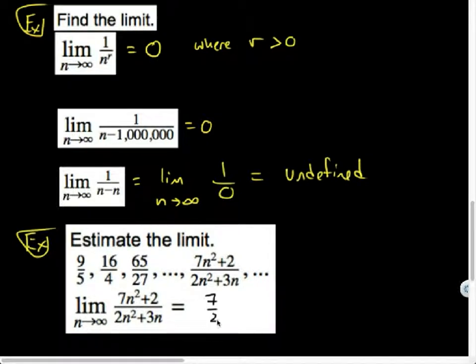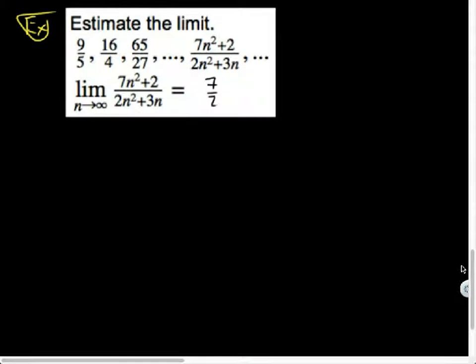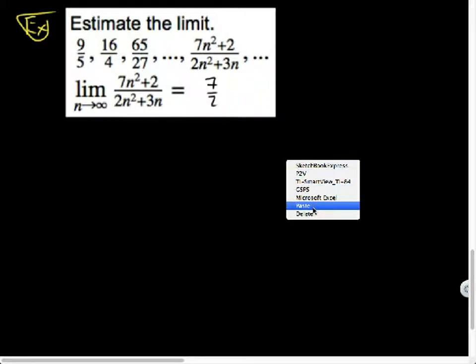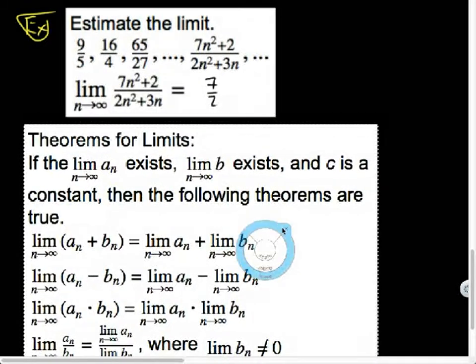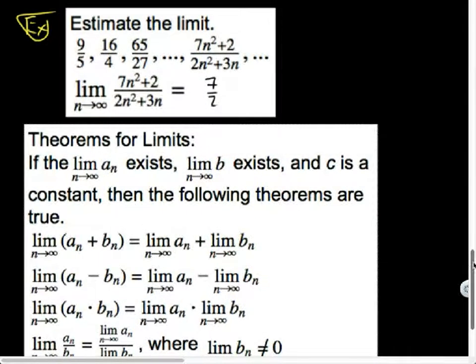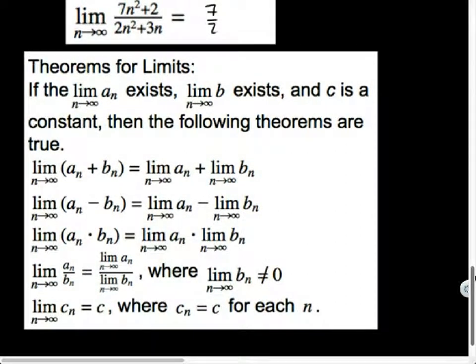This is 7/2. But in order for me to justify that to you further, we need to know some more properties of limits. And I'm going to put this whole thing here for you, but I don't think I need you to write this down. I think we'll be able to summarize it rather well. Why is it not on the sheet? Well, because I don't think it's actually needed. I'm going to summarize it in a single